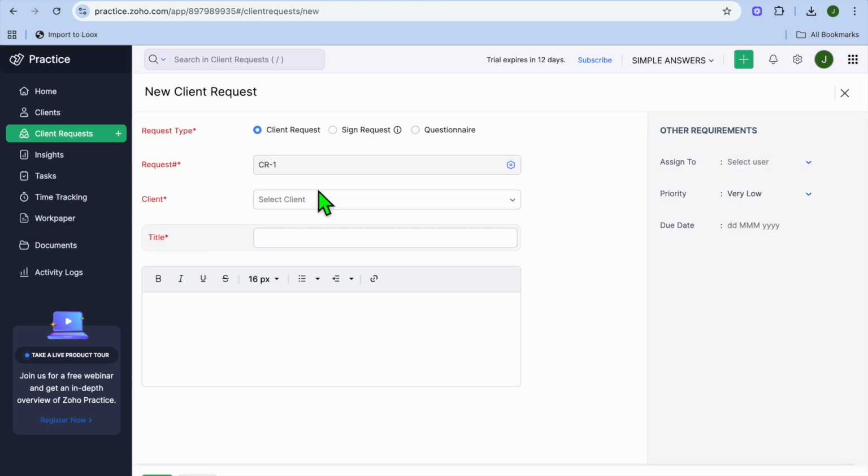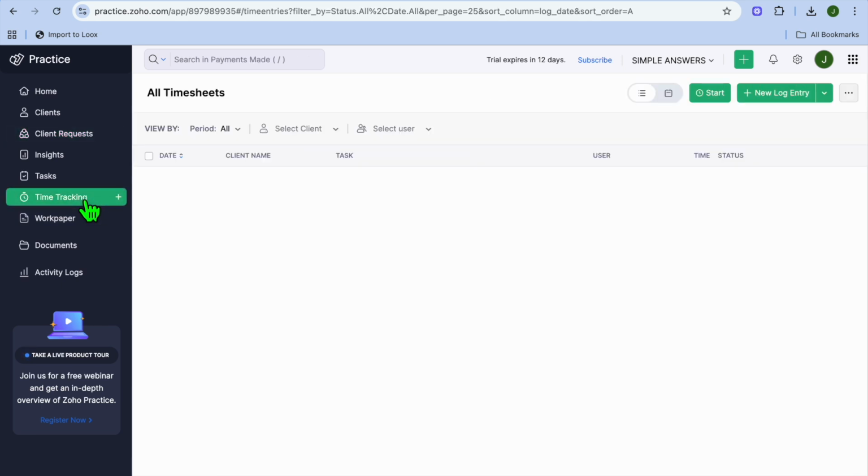You can also use Zoho Practice for time tracking by tapping on time tracking right here. You'll be able to add different logs. So for example, you can select the client. After selecting the client, you can select the user. After doing that, you can tap on the plus right here to start your time log. So you'll be able to monitor the amount of time that you spend on a particular case. So that's basically it when it comes to